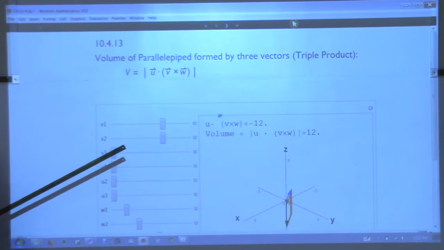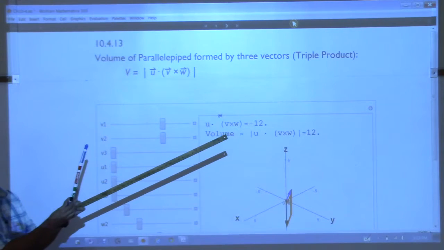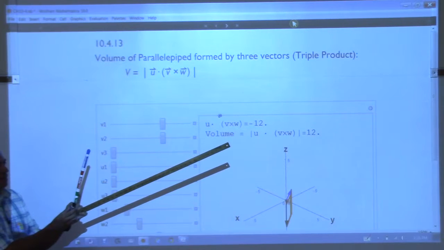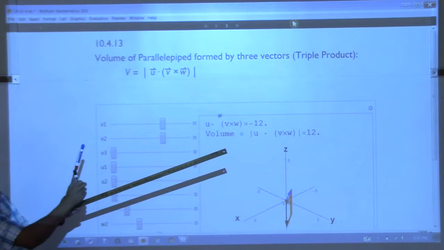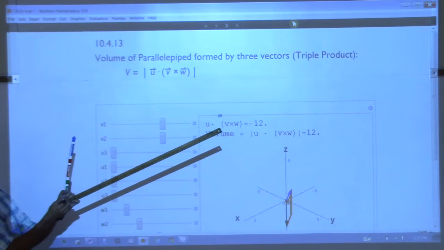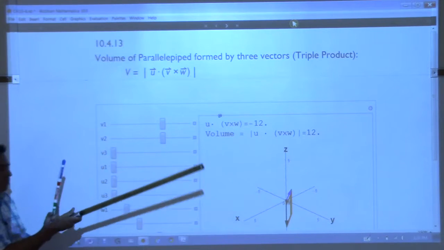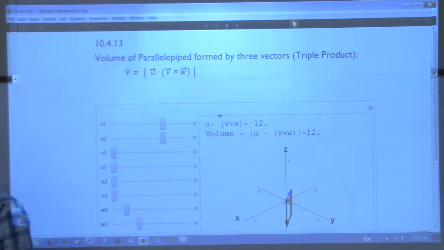But now I add a third vector. Put them all tail to tail to tail. Then these two create a parallelogram, these two create a parallelogram, and these two create a parallelogram. So all three of those vectors create this